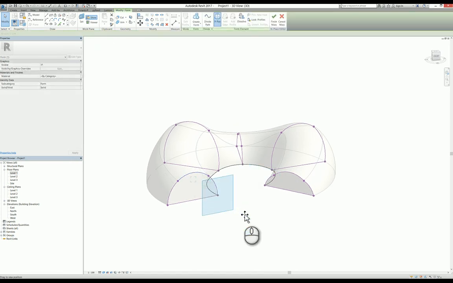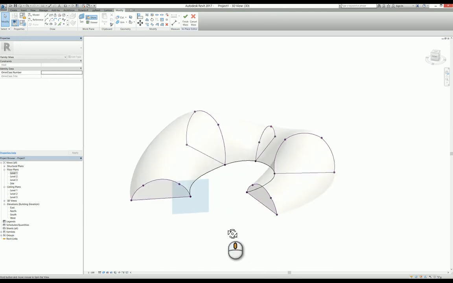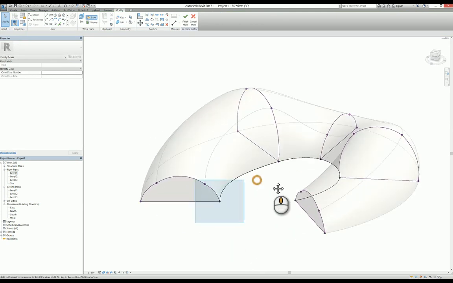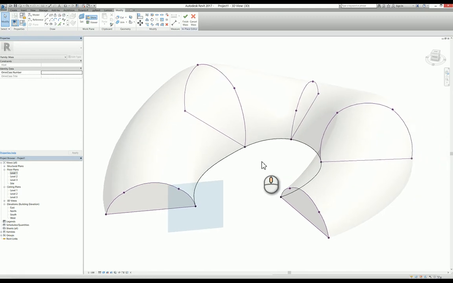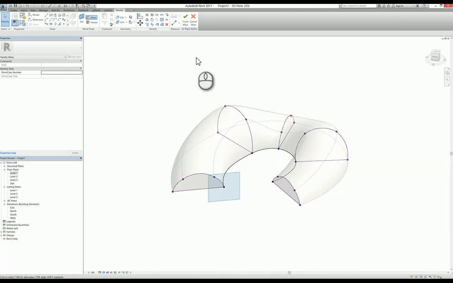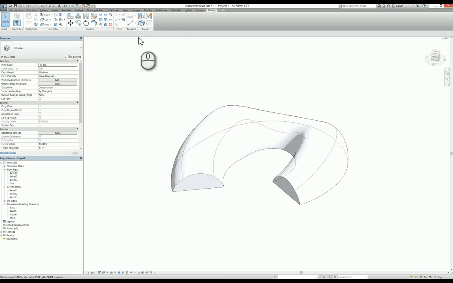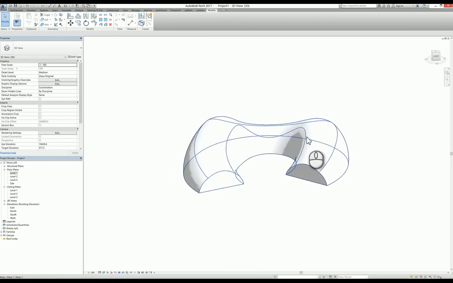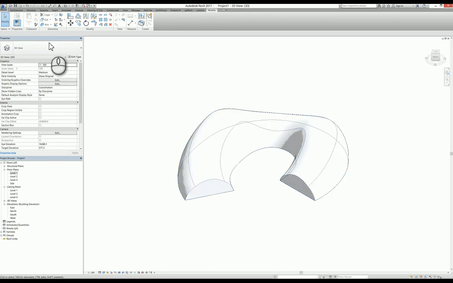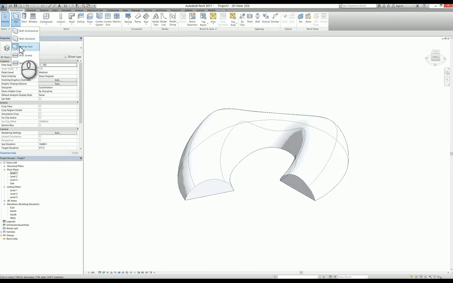So I think this is fine, and I can make a simple kind of arc building that's made from a sketch. So I think this is fine, and then I will go out of this massing. I'll check it out. So now you are in the regular mode or project mode, where you can create this one as a floor. But since this is a mass, it cannot be identified as a floor, but it can be identified as a wall. So wall by face: click, or even click Wall, Architectural, and then you will see this one, pick by face,